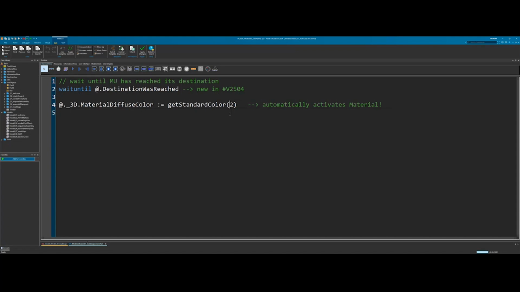But I do use this color if I simply want to show different orders or different part types, and I don't care about the specific color. I just want to show that it's a different type, a different order, whatever. Then you can use this to easily have up to 30 different colors for your MUs or whatever. But it's definitely available in 2404.